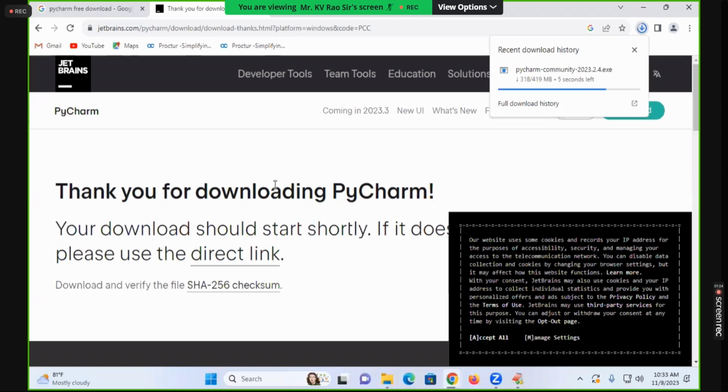Once you double click, you will get one checkbox: I agree to the terms and conditions. Click on it. You have to agree to the terms and conditions. It is free only. So it will be installed successfully. Which version is installed? You read out: PyCharm Community